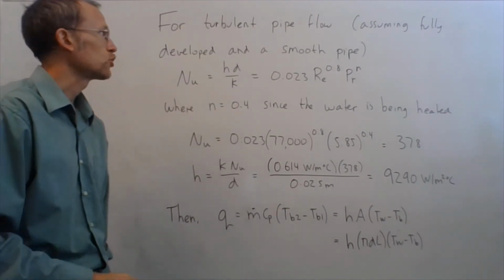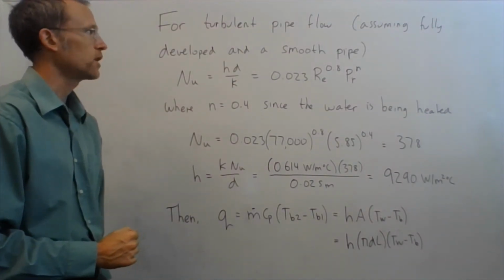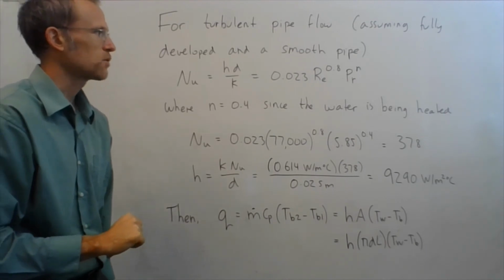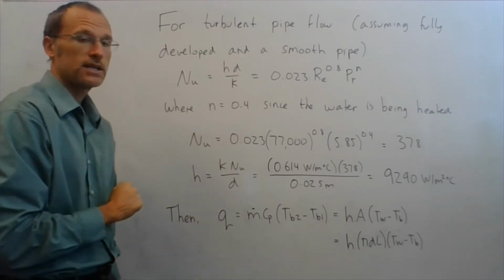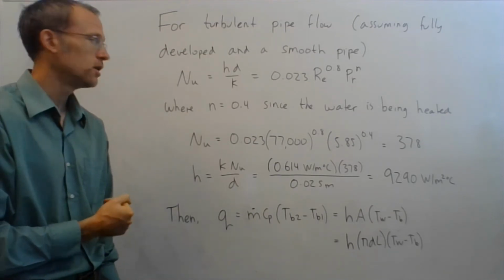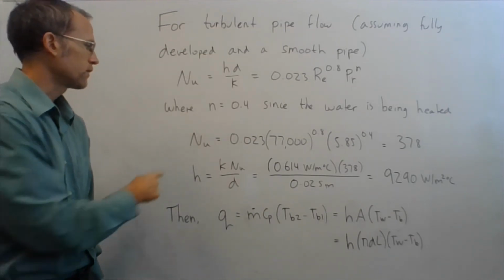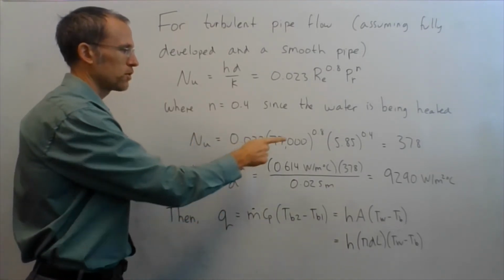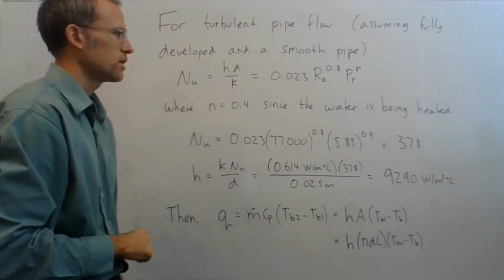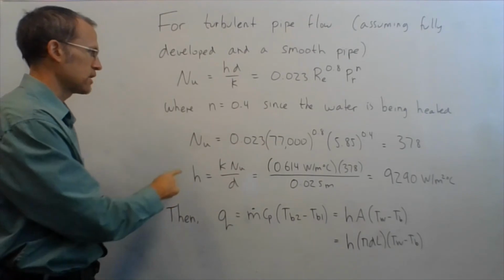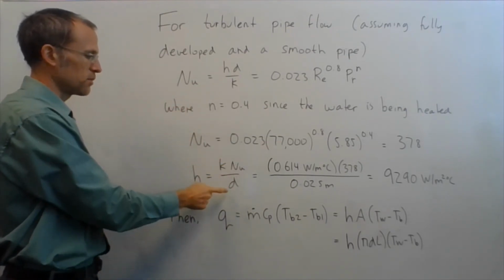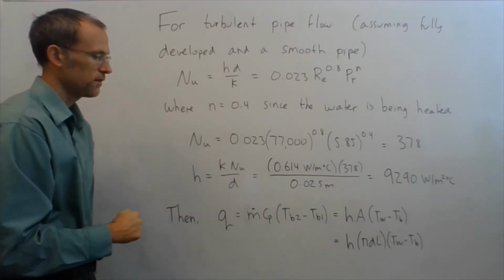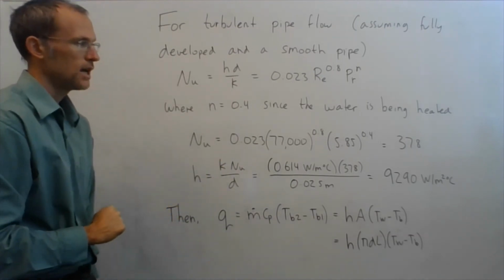And then now that we know that it's turbulent, for a turbulent pipe flow, assuming this is fully developed and a smooth pipe, we have the equation for Nusselt number of 0.023, Reynolds number to the 0.8 power, Prandtl number to the n power. In this case, n is 0.4 because we know my fluid is being heated up. So for heating, n is 0.4. So I can find now the Nusselt number, 0.023, my Reynolds number of 77,000 to the 0.8 power, 5.85 to the 0.4 power, gives me a Nusselt number of 378. And then standard relationship to find h, k times Nusselt number divided by diameter. So 0.614 times 378 divided by 0.025 gives me an h value of 9290 as my heat transfer coefficient in